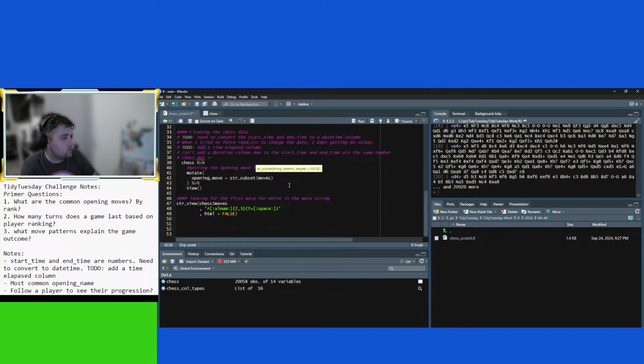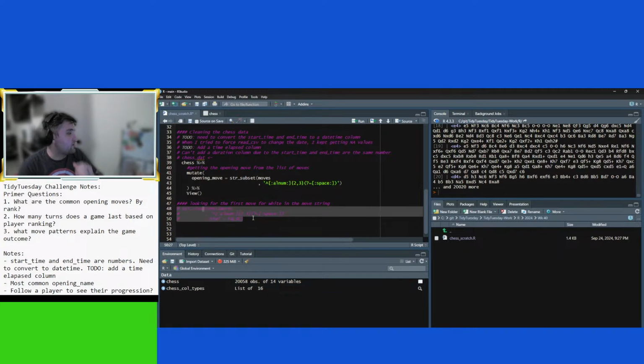Moves. Okay, good. And the pattern is this monstrosity. That's probably not even that bad.